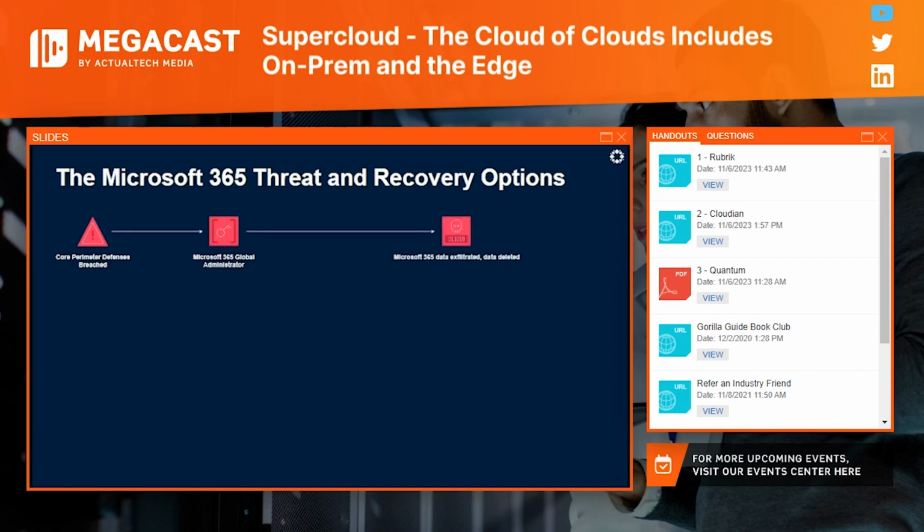The first thing they're going to do once they get in, and again, this is very specific to a SaaS application like Microsoft 365, they're going to exfiltrate all your data and delete that data, and you will then get a message saying there's a ransom note. We can give you your data back, but here's what we've done.